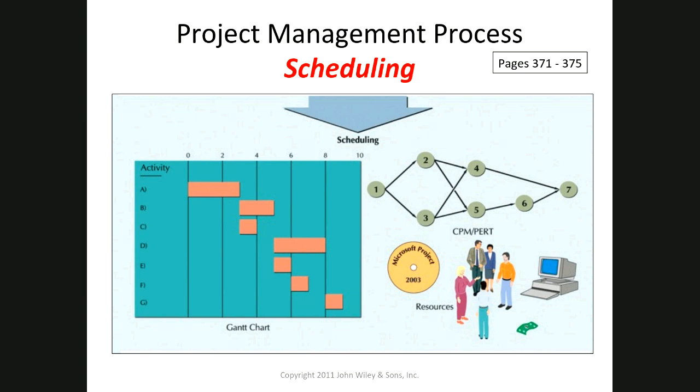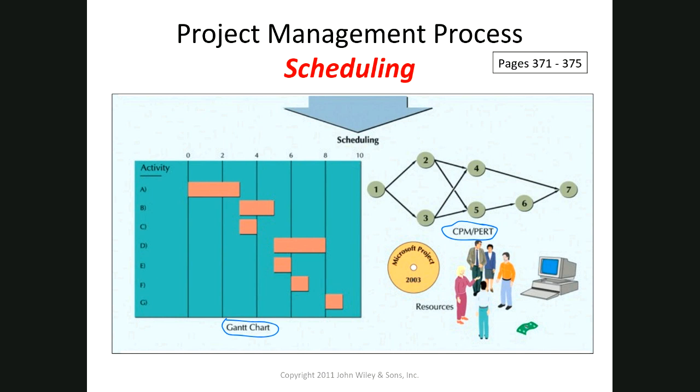One of the key aspects of managing the project is developing the schedule, and that's what we're going to be looking at when we look at the critical path method and the probabilistic evaluation and review technique. We're going to be looking at how this schedule is managed. Another useful way to look at how to schedule a project is using a Gantt chart. And you may have seen this if you've been involved with